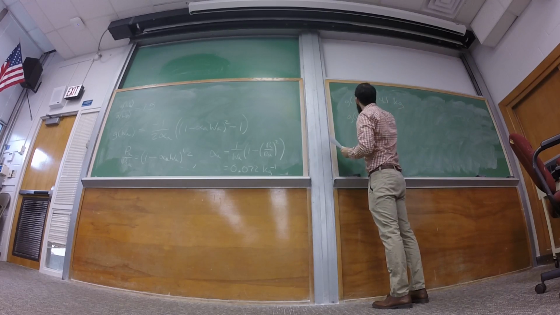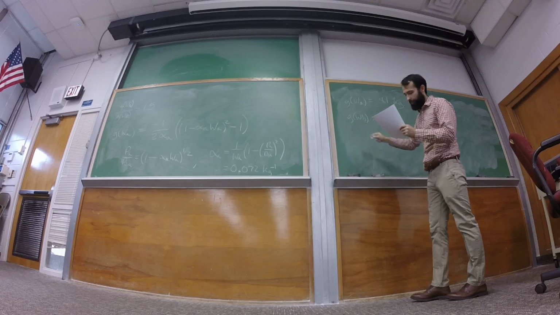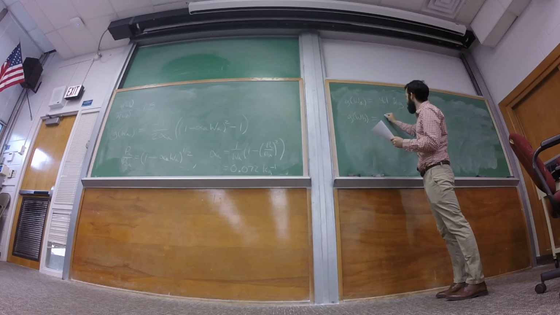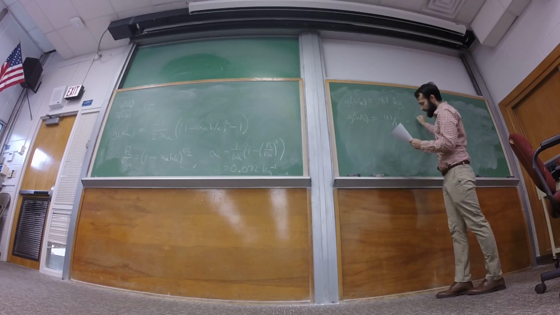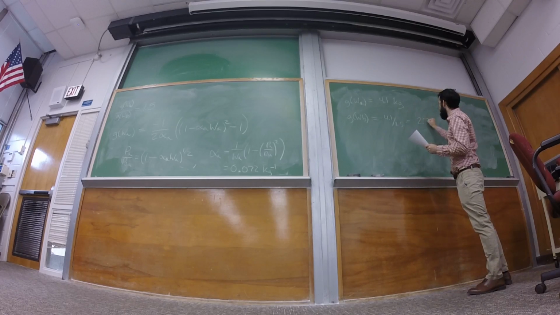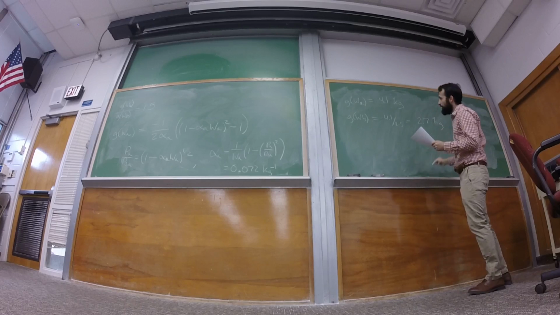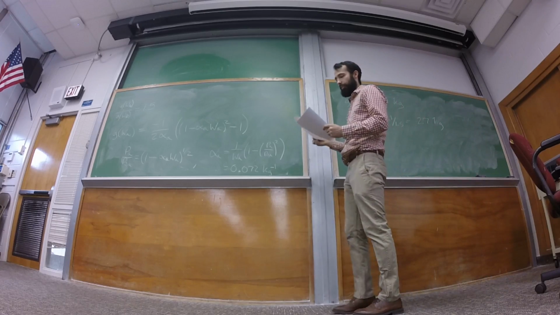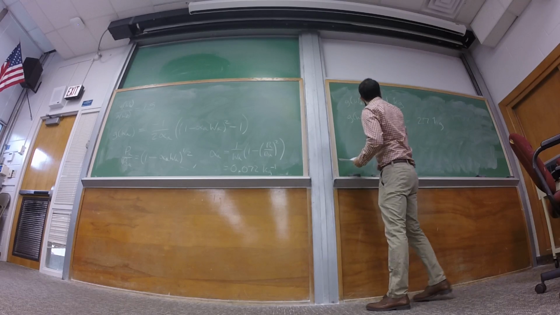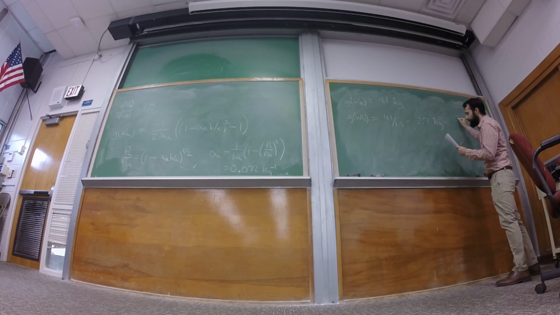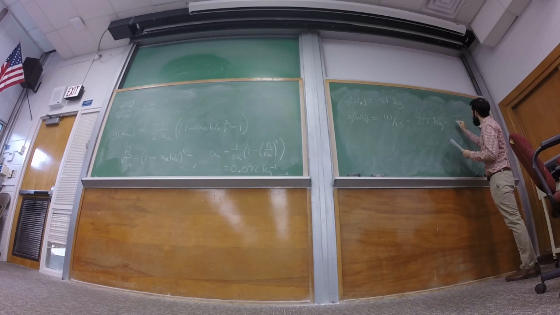And now I know what I need for this one is going to be that divided by 1.5, which is equal to 2.7 kilograms. And finally, if I use this, but now I set it equal to 1 over 2 alpha B